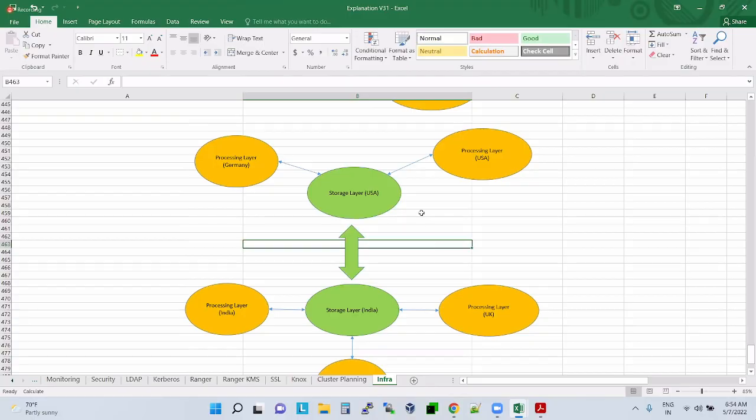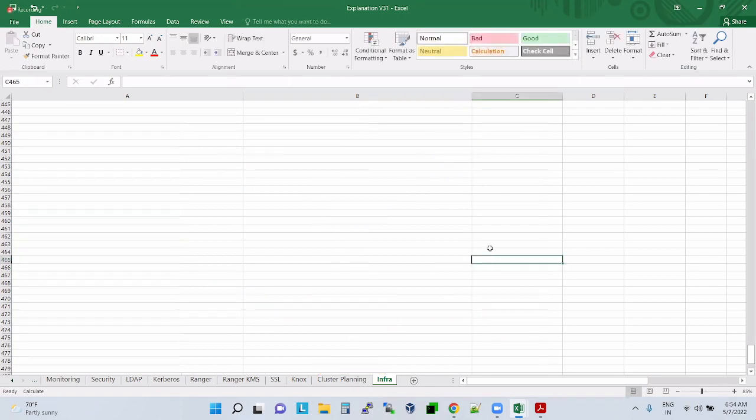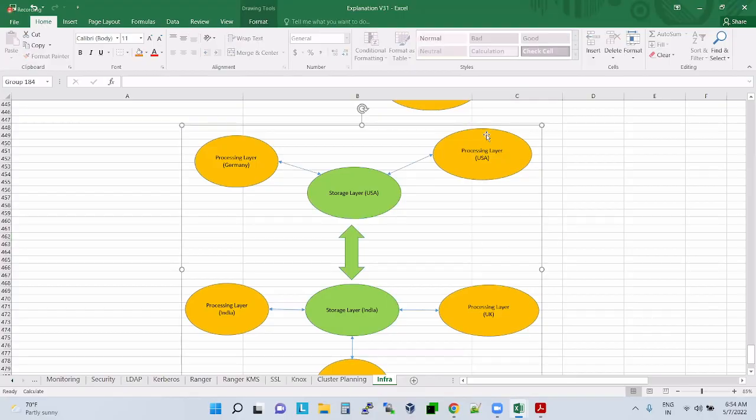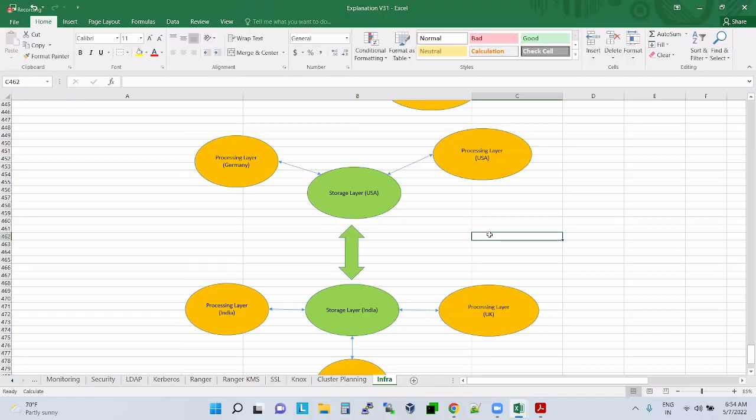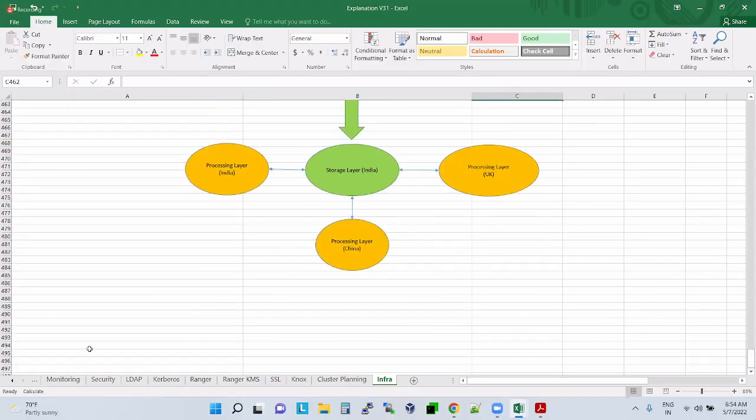Clear? Tomorrow migration also will be very easy. Today I'm in USA, so my data is in USA, and I'm also from USA. I launched my cluster in USA and access this data. Tomorrow, let's say I moved from USA to UK. I will close all the processing resources here and reopen here. It's very easy, it will be done with a few clicks. That is the advantage of cloud. So this is what we have seen.